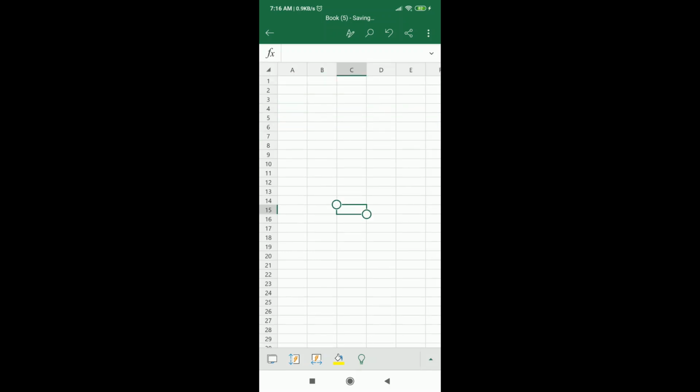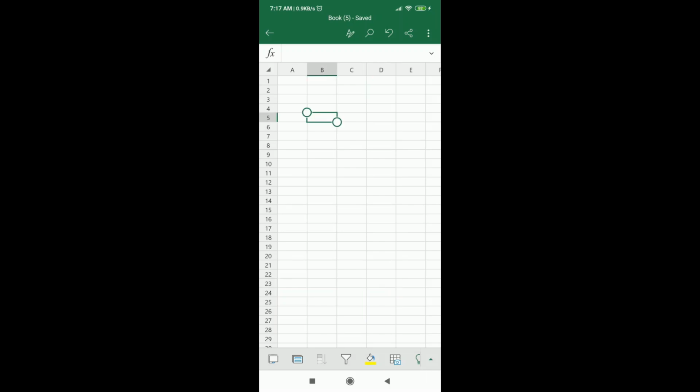Okay, and if you look downwards, there are plenty of options available here. Don't think that Excel app is restricted, that we can't do many functions. No, you can do majority of the things here, like you can do on the normal Excel software, right? So let's look at the bottom. If I click on this corner arrow, I can have these sheets.